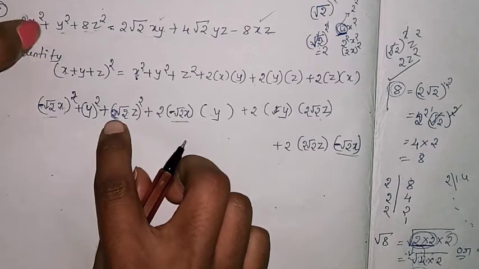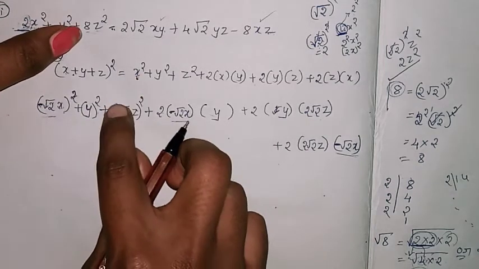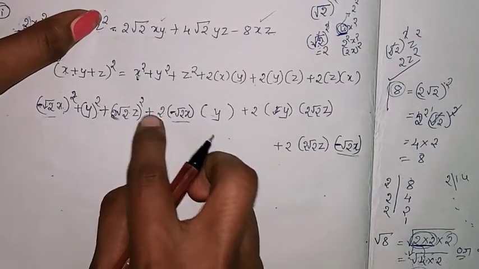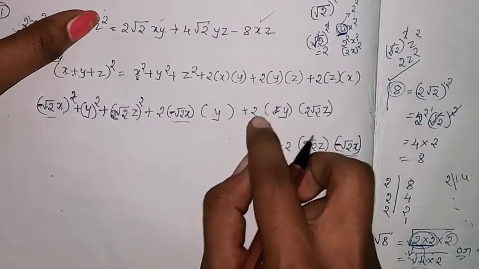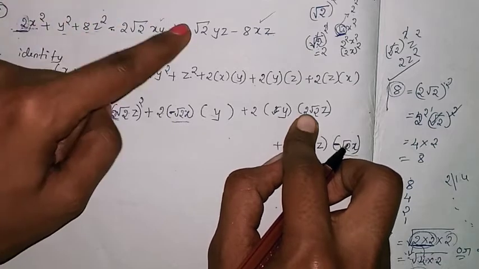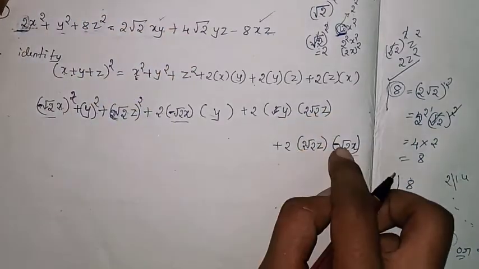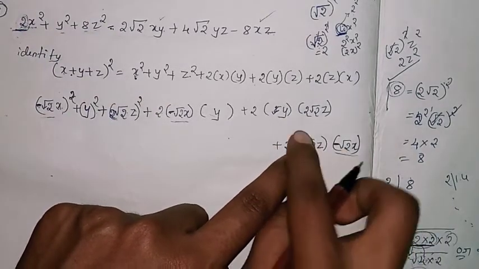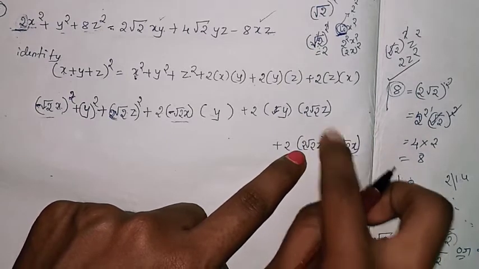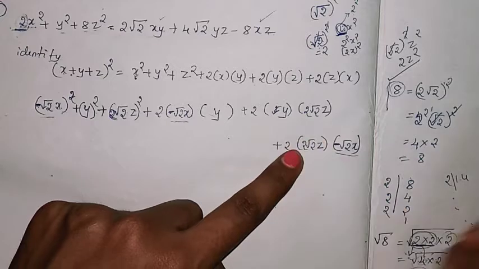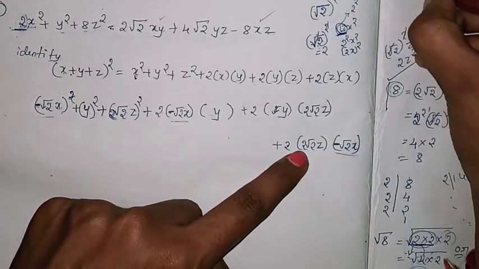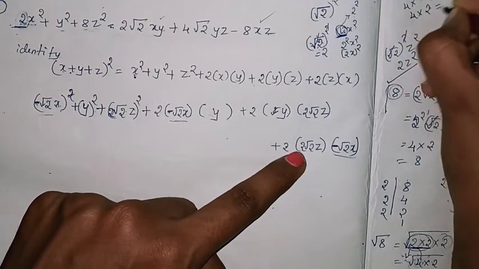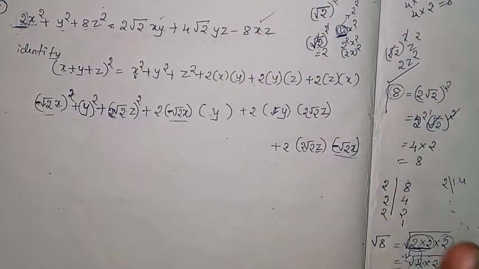Then so it is 2 root 2 z square, 2 square is 4, root 2 is root and square root get cancel, so 4 2s are 8, so it will be 8z square, minus plus minus minus 2 root 2 xy, 2 2s are 4, so 4 square root of 2 y and z, so plus minus minus 2 2s are 4, so 4 and square root of 2 into square root of 2, that is 4, square root of 4 will be 2, so it is 2 into 2 is 4, and square root of 2 into square root of 2, that is 4 into square root of 4, so 4 into 2, 4 2s are 8, so it is zx. So this is right answer.